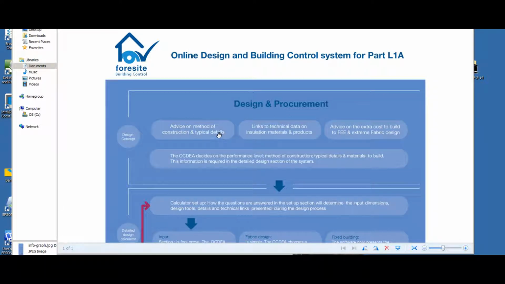We have a library of 120 details and their PSI values, and we plan to add a further 500 details to our library and thermal bridge calculator before the end of the year. The website has technical links to the latest insulation materials and fixed building and low carbon technologies, and it also advises on best practice. This section of the website gives an idea of the extra cost of building to the